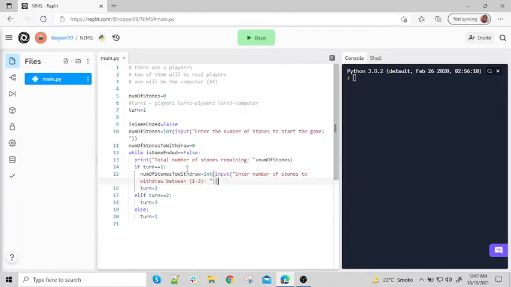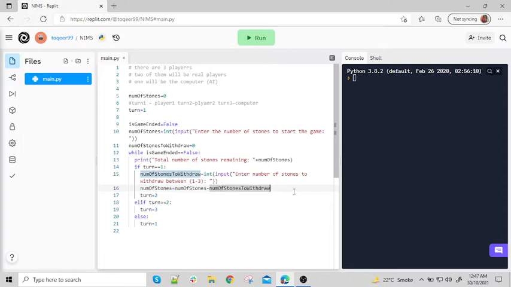That number will be stored in this, and finally we will actually subtract the number from this. So we will do num of stones minus equals num of stones to withdraw. Let's do it this way, this makes it easier to understand. Num of stones minus the number of stones to be withdrawn from the total quantity.